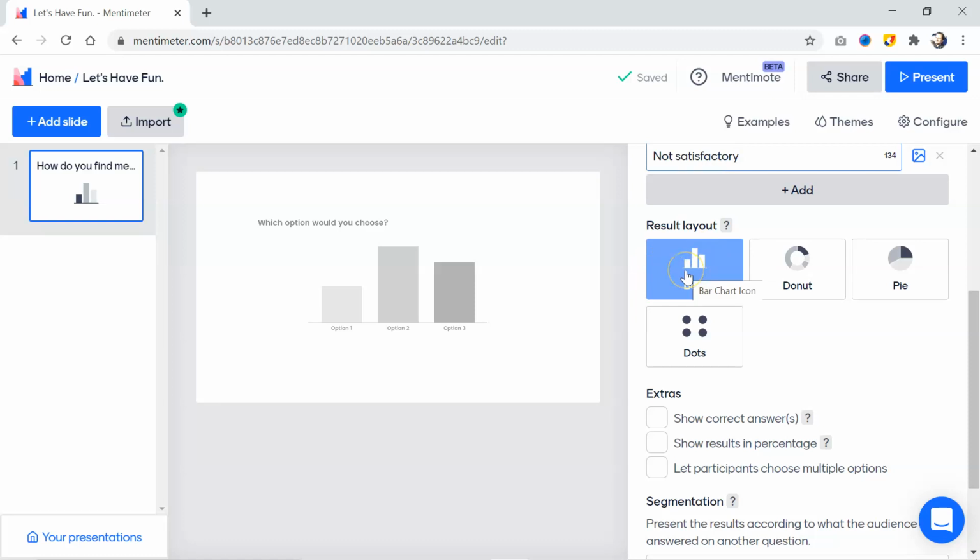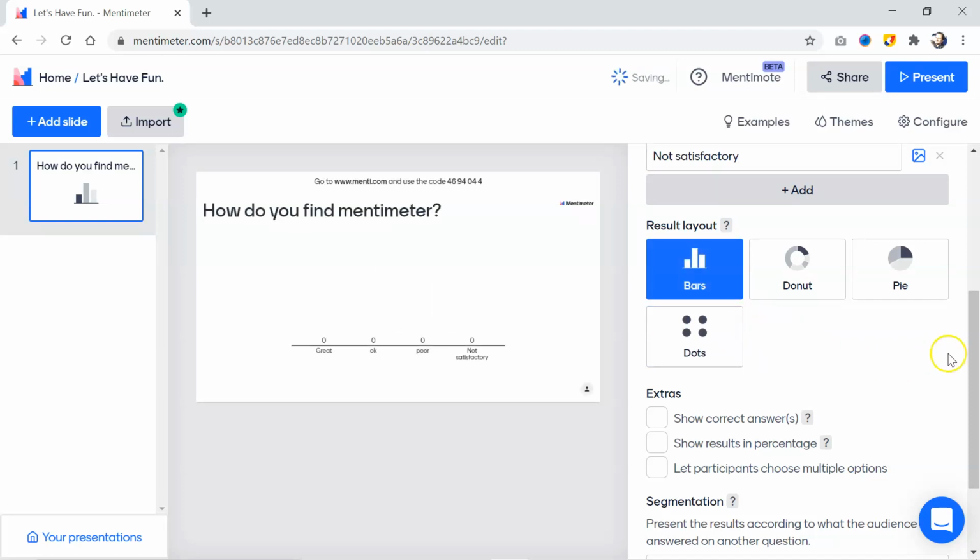For this purpose you have 4 options here. You may choose the bar chart icon, the donut, or the circle or pie, that is segmented in the variety of answers. You may choose to go ahead with the dot chart icon. I'll go for the bar option for my question.